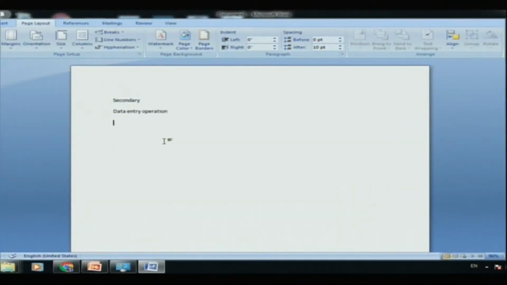So, this is the document. I have written a few things, secondary data entry operation. For example, I am writing: operating system